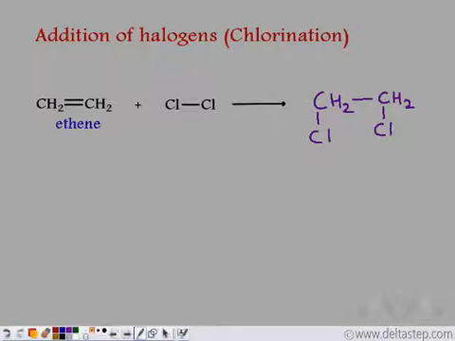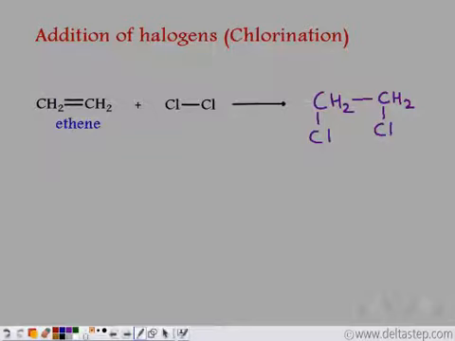In this case, you observe that the 2 chlorine atoms add to the ethene molecule. So this is done by changing the double bond of ethene to a single bond. Since each carbon atom has to satisfy its tetravalency, it has to form 4 covalent bonds. So when ethene reacts with chlorine, the chlorine atoms add to the ethene molecule by changing the double bond to a single bond, and they are not replacing any hydrogen atom.